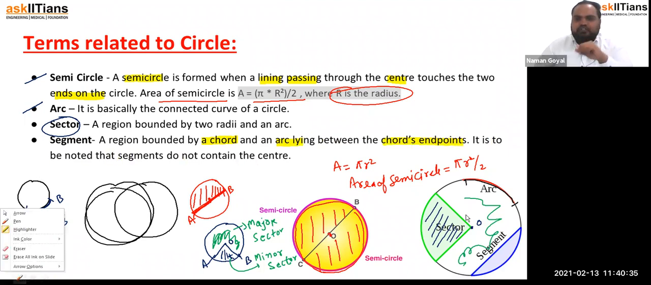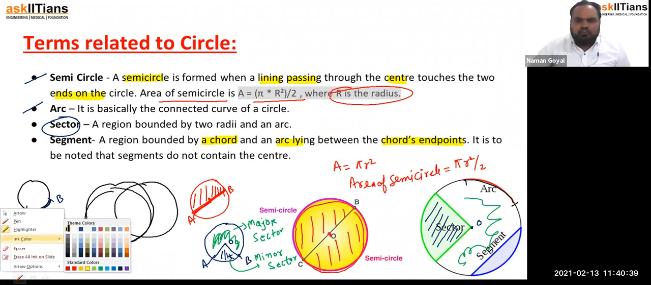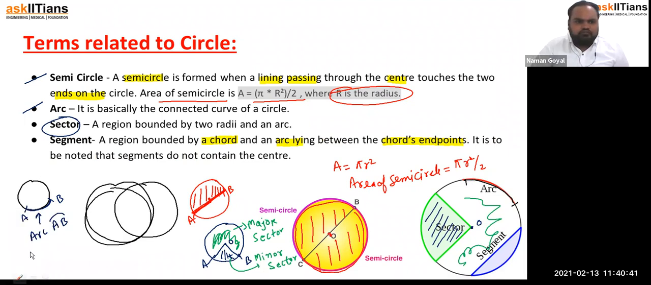Okay, so basically if there is a circle, like this, there is a circle, and this is the center. If I draw a chord, this part is known as what? A segment. So here we have two types of segment. One is minor segment,